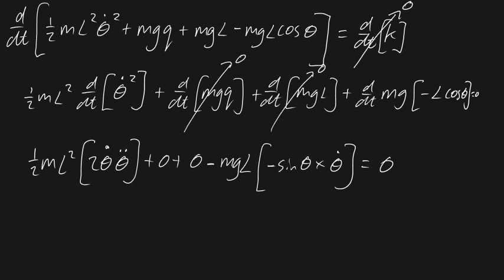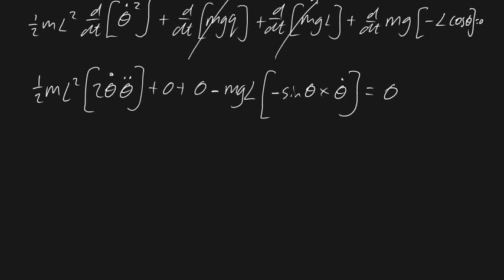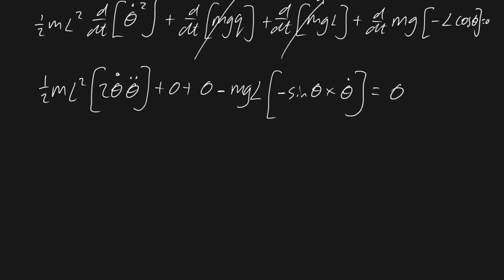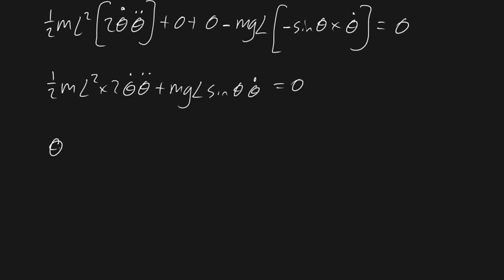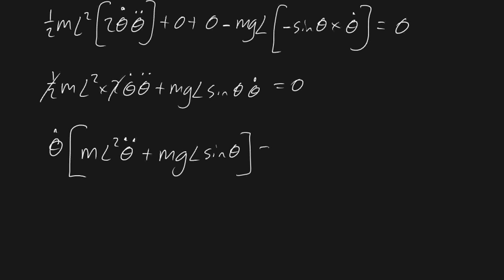Alright, I'm shortcutting this work right here because I've already done this in a few other problems, so hopefully the math shouldn't be too much of an issue. That'll be equal to 1/2 ml squared times 2 theta double dot, plus mgL sine theta dot, and that's going to be equal to 0. We can factor out a theta dot like we've done before, and that can be theta dot times, and remember this half cancels out with this 2, ml squared theta double dot plus mgL sine theta once we factor out a theta dot, and that's going to be equal to 0,